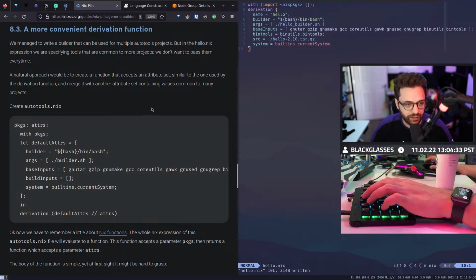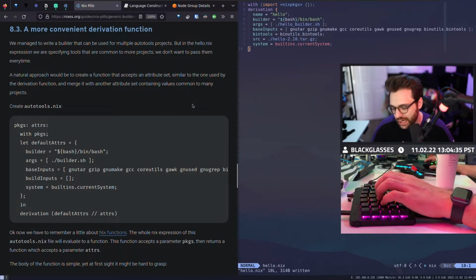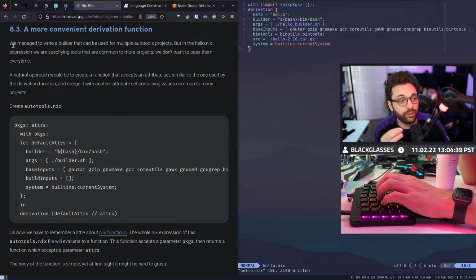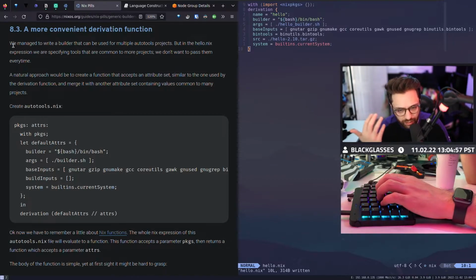Okay. So the next thing that they want us to do is create a more convenient derivation function, essentially. The idea behind this is we managed to write a builder that can be used for multiple autotools projects, but in the hello Nix expression, we are specifying tools that are common to more projects, and we don't want to pass them every time, right? For example, the hello project might need coreutils or some other things, but it might not need them for other projects.